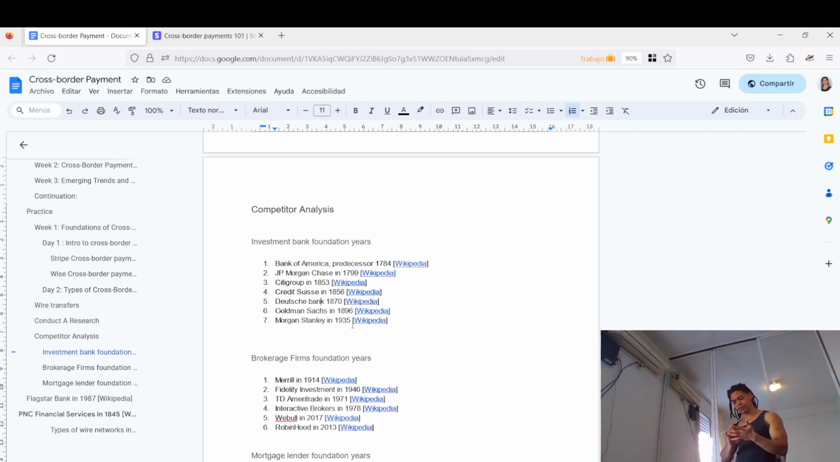Bank of America in 1784, J.P. Morgan in 1799, Citigroup in 1854, Credit Suisse in 1856, Deutsche Bank in the 1870s, Goldman Sachs in 1896, and Morgan Stanley in 1935. Okay, a couple of years after the Great Depression. Interesting, by the way. And just to create the relation here,